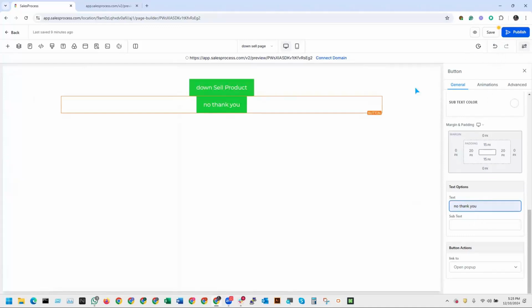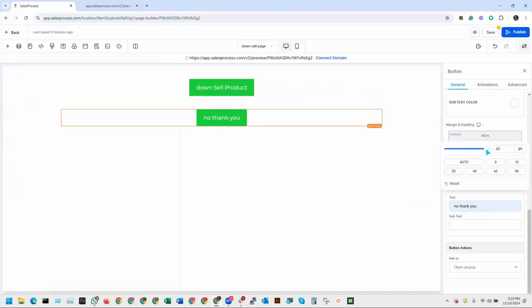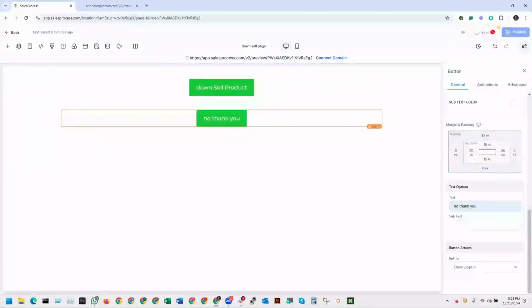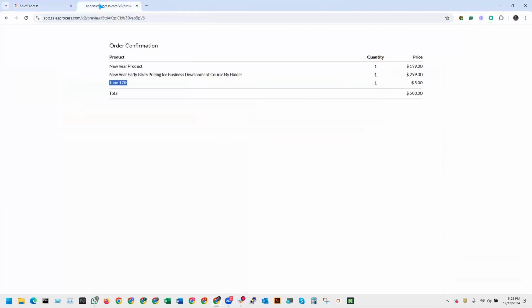That is really bad design and bad wording. Sorry, I'm not the content creator or designer, so bear with me. The coloring and everything is, I know it's really bad, but okay, so now that we have done these,